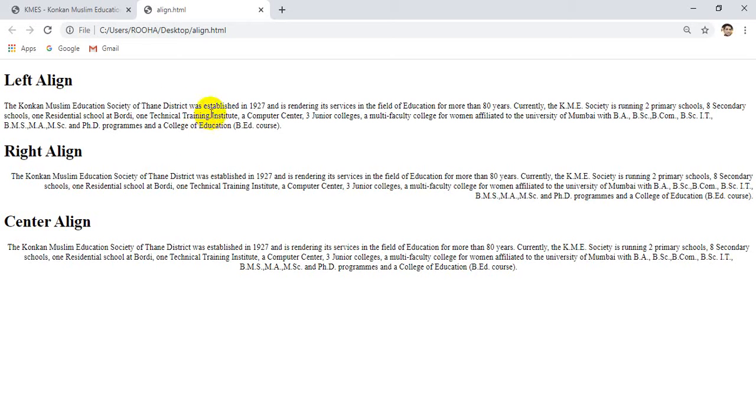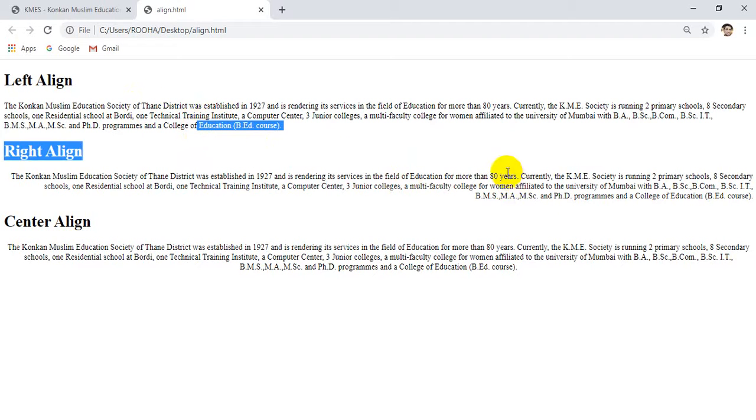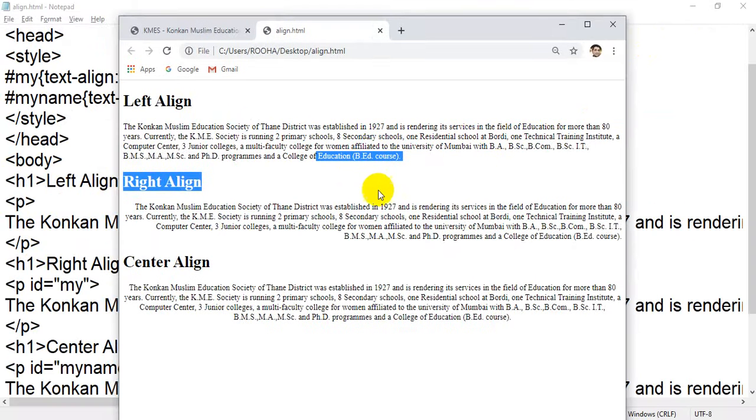Currently all the paragraphs are in 3 lines. The first line, second line, third line. In the same way, all the paragraphs have 3 lines, even in left, right, and center alignment. But if I minimize, it will increase the number of lines, but the alignment is still the same. Left align, the number of rows is 4.